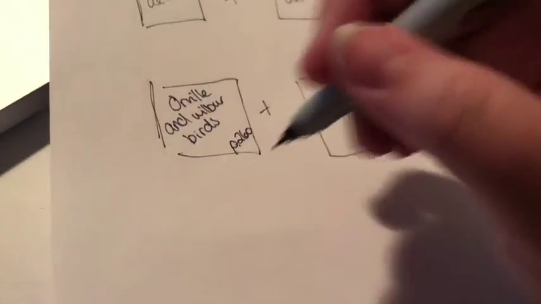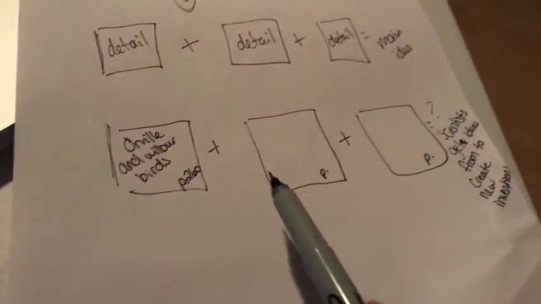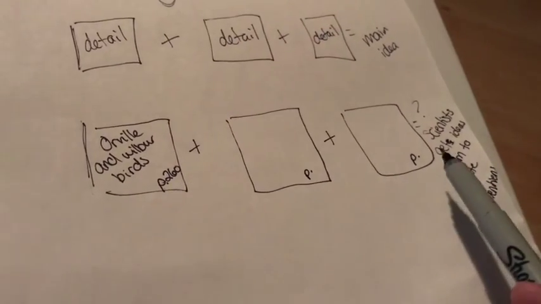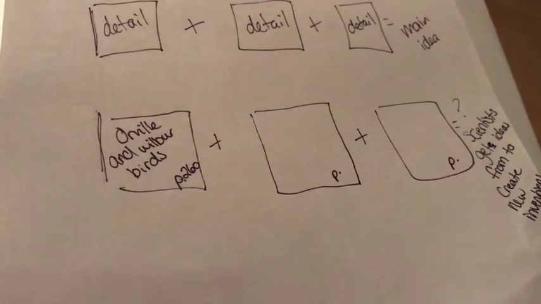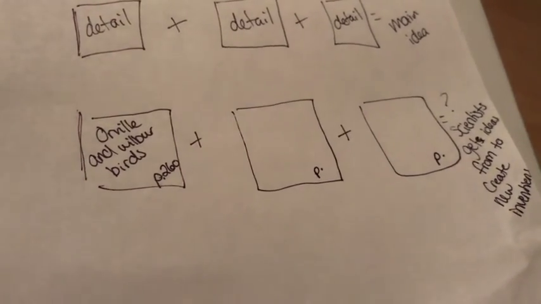Now, I want you to practice again. Your sub is going to pick a new paragraph that you read. You're going to make your chart 1 more time. The detail plus the detail plus the detail equals the main idea. Do that 1 more time, and you may practice with a partner this time.